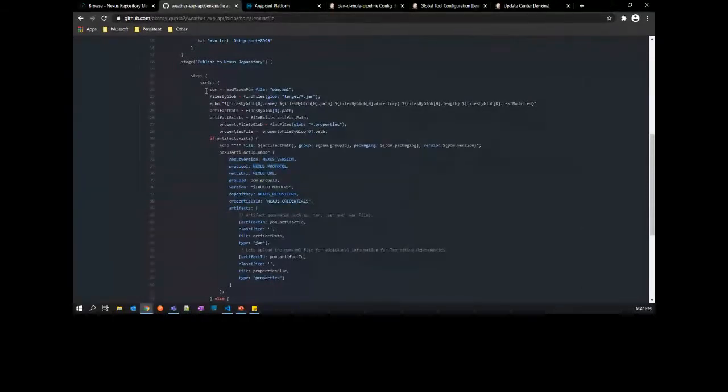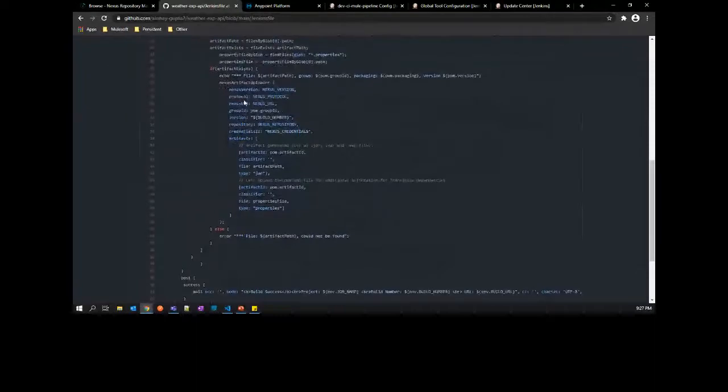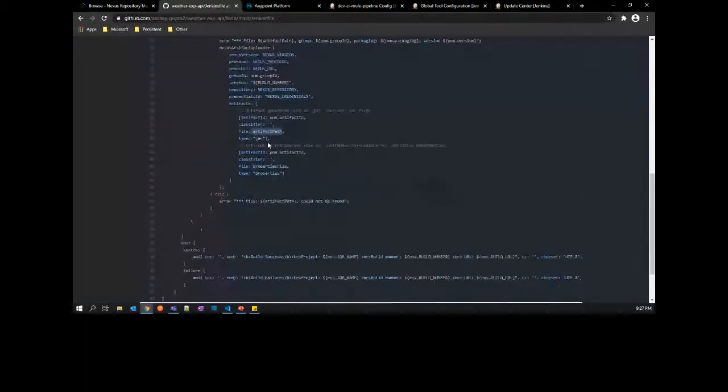And here we can see we are reading the POM file and identifying the jar file that we want to deploy. Once we execute this Nexus artifact uploader command, it will publish the following artifacts to our repository. The first one is obviously our jar, the Mule application package jar that we want to have there in the artifact repository. And the second file is the properties file, the API platform properties file which I showed you earlier, because this file will be used in a later stage of the process.